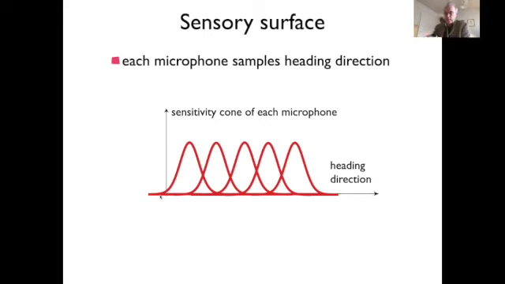These microphones, of course, have some electronics that we just take as a black box, and that generates this response. So this is what we call the sensitivity cone of these microphones that we modeled as a Gaussian,